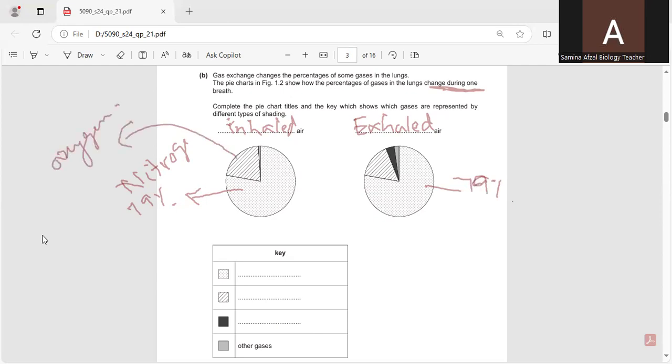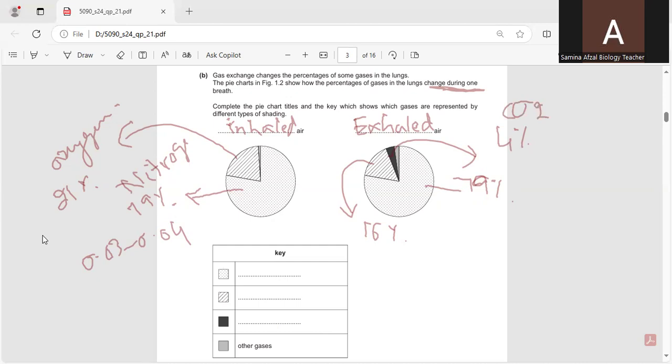In inhaled air, it is 21%, but in exhaled air, it is 16%. And the other gases are there, but in inhaled air, they have not shown the carbon dioxide, which is 0.03 to 0.04%. But in exhaled air, they have shown the carbon dioxide, which is 4% in the